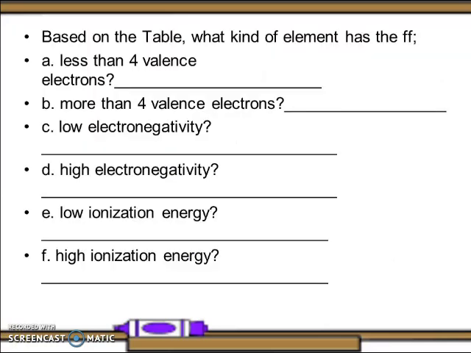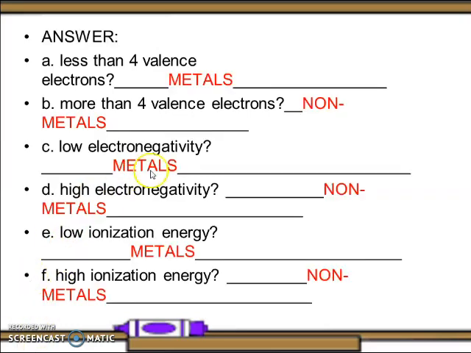Based on the table, what kind of element has the following? A. Less than 4 valence electrons, B. More than 4 valence electrons, C. Low electronegativity, D. High electronegativity, E. Low ionization energy, and F. High ionization energy. Answer: